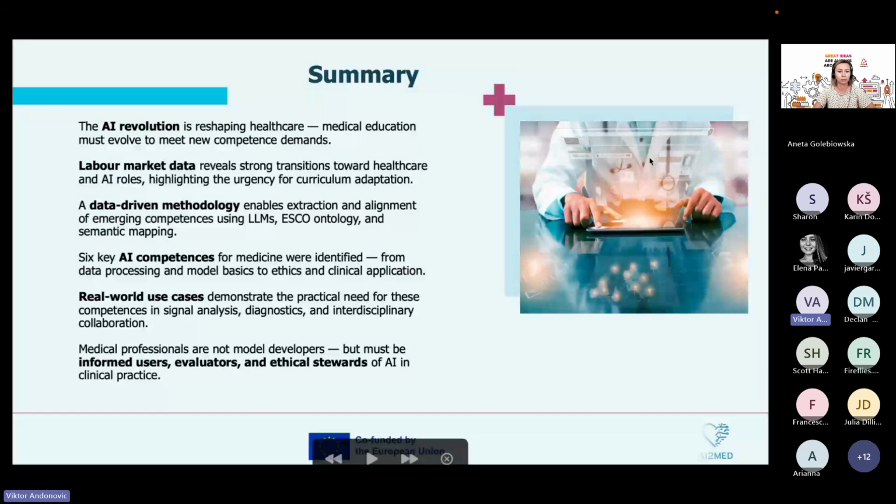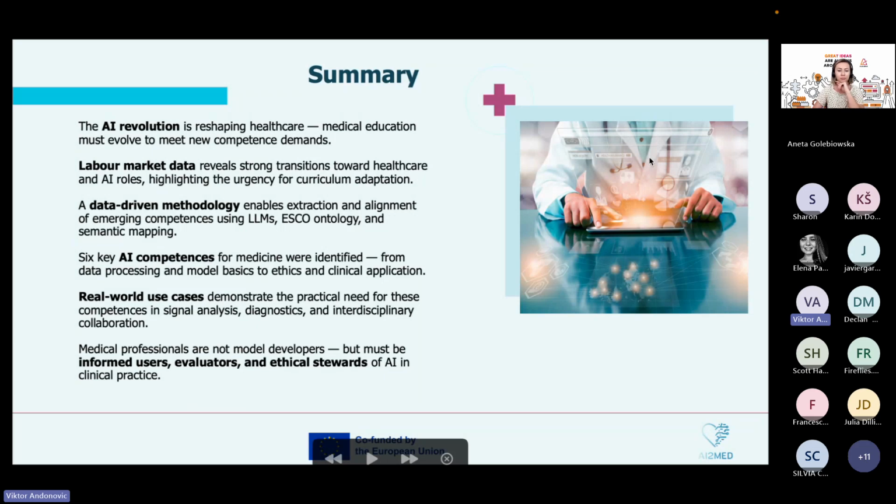So this is used as a final message, as a key message out of this presentation, that AI literacy is needed and needs to be introduced in the medical curricula, because the labor market is moving fast. Almost every week there's a new model dropped by some of the big AI companies, and in order to be able to